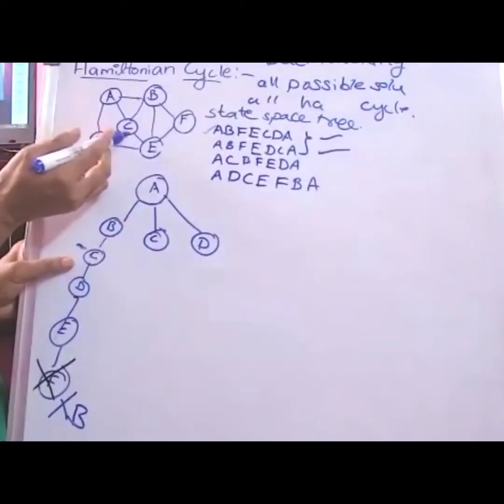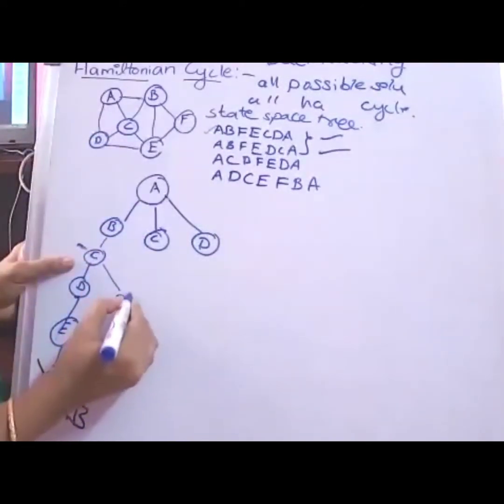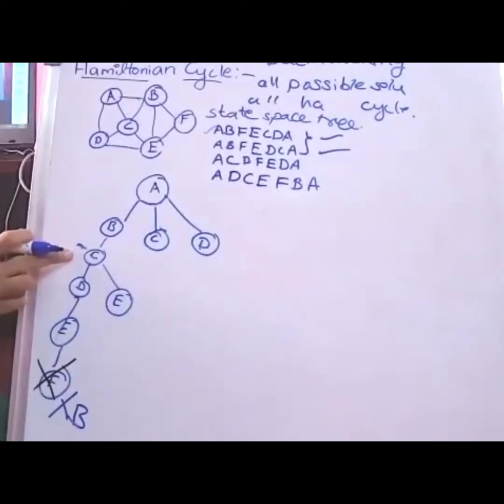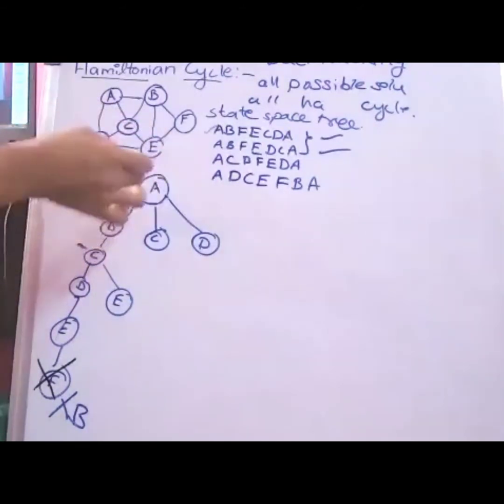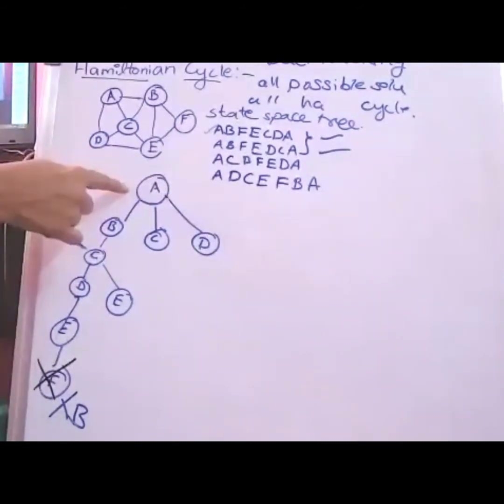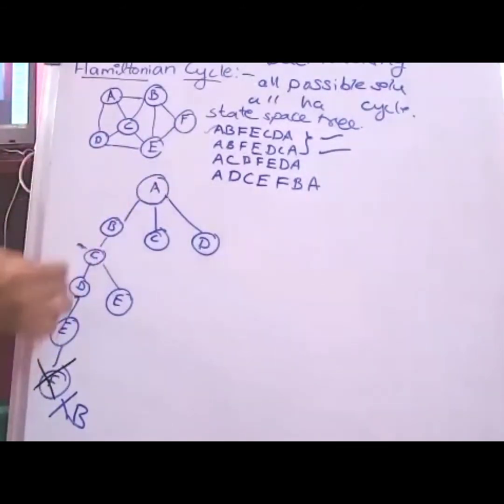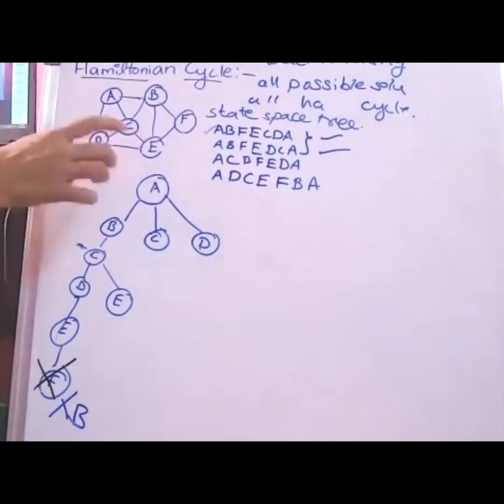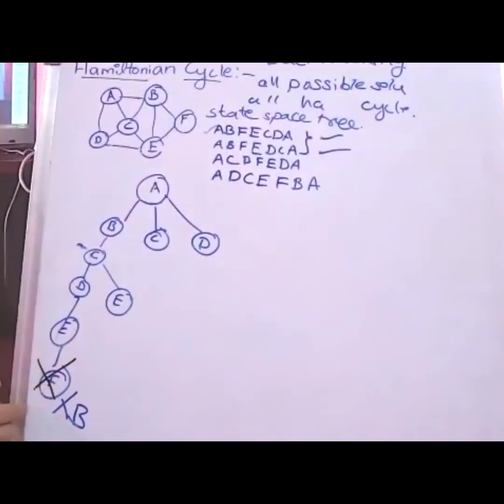Another possibility from this point is E. I think till this point it is clear, everyone. According to DFS, I started to find the possible solution from the left-hand side, and I tried to visit all the vertices in sequence. In this sequence, it satisfies only one condition, visiting all the vertices only once. But the last rule is not satisfied. From this last vertex to the starting vertex, there is no path in the graph. That's why it is not our possible solution.